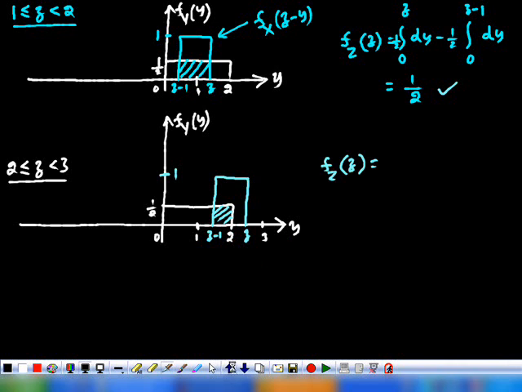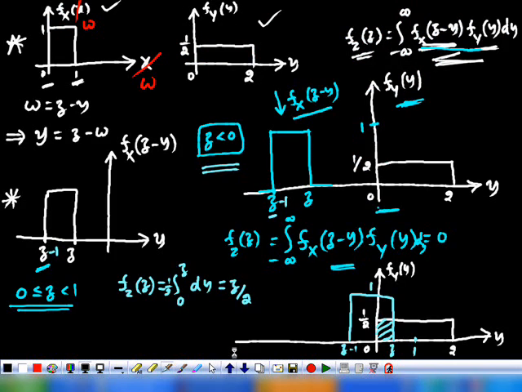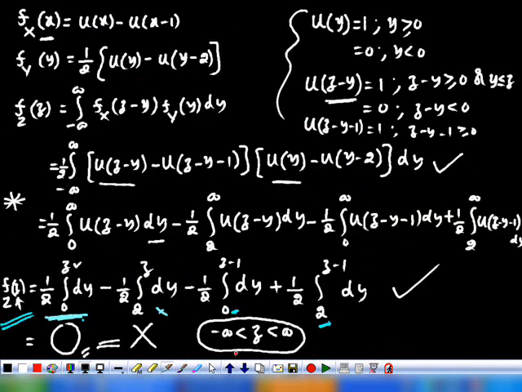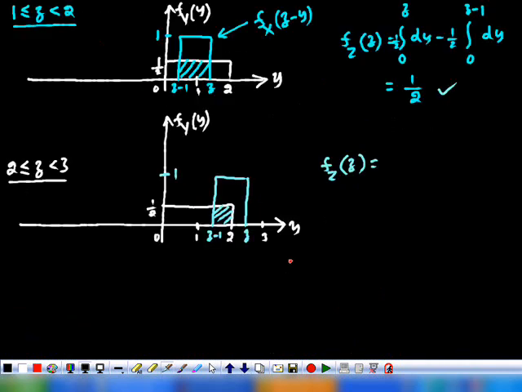Z is in between 2 and 3. I think we can consider all the 4 integrals, because the first integral is from 0 to z, that is satisfied. Second integral is from 2 to z. Z is in between 2 and 3. Okay. And here also starting from 0. Now what is the value? No, not all the 4. 0 to z, the first integral we have to consider.